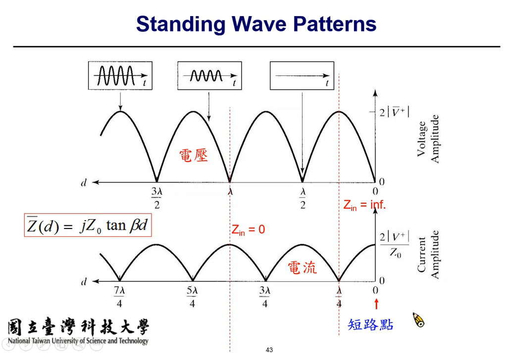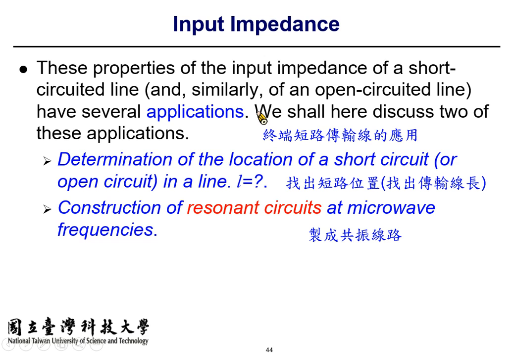Okay, so every half wavelength, the input impedance will become periodic in a period of half wavelengths. 所以每半个波长它就会重复发生一次了哈。